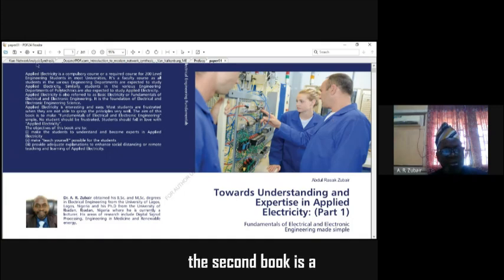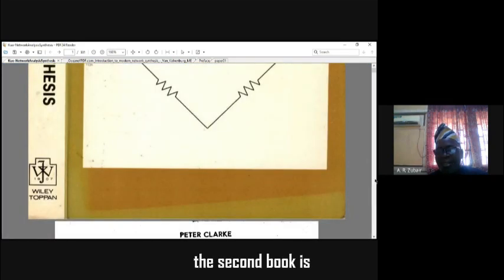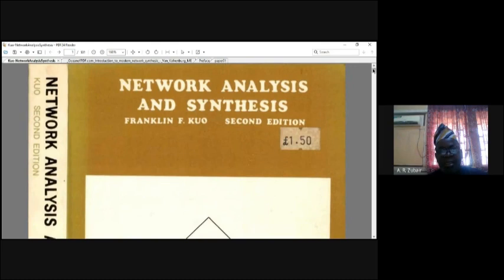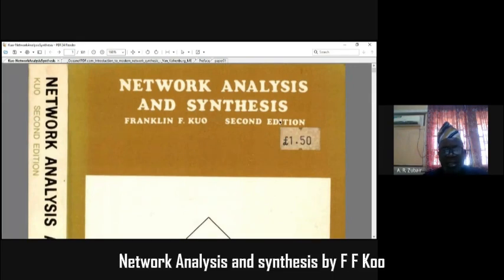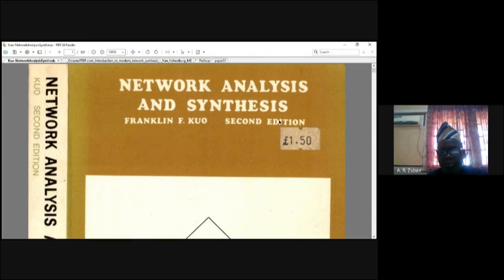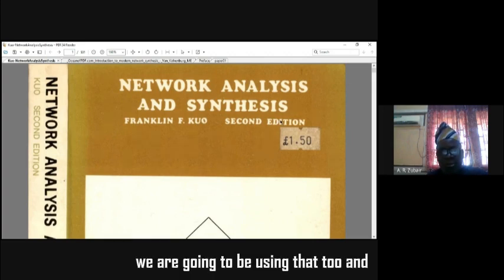The second book is Network Analysis and Synthesis by F.F. Kuo. We are going to be using that too. And